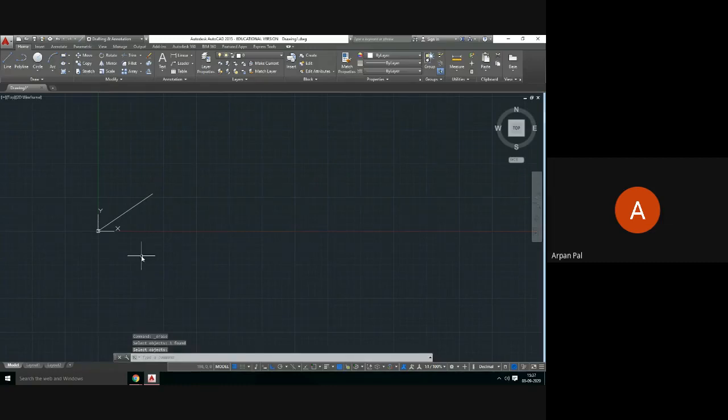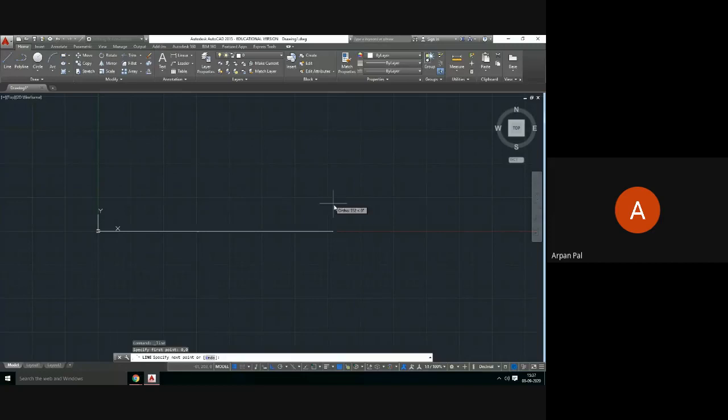Now the point is, I am still not happy giving the first coordinate point and a dimension. I want to give 2 coordinate points. Instead of giving the first coordinate point and an arbitrary direction dimension, I want to give 2 coordinate points. What I shall do? Line. First coordinate point is 0, 0, enter.